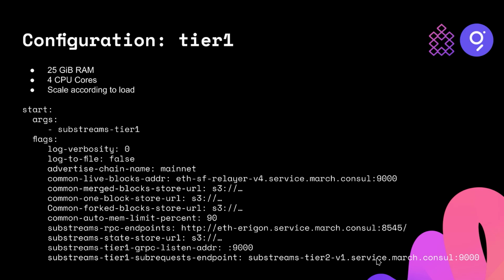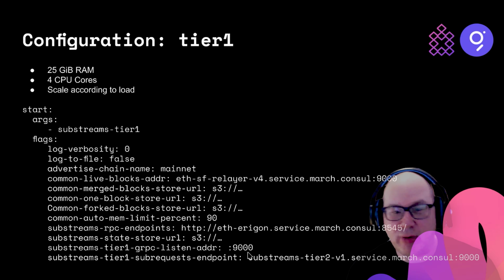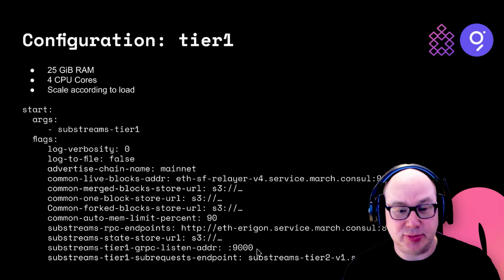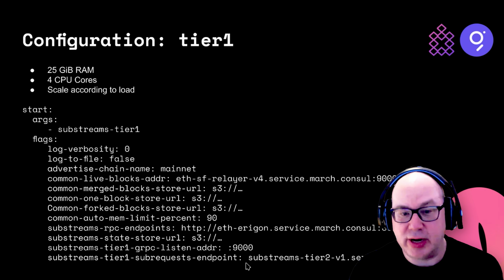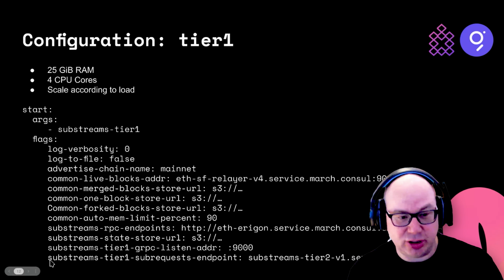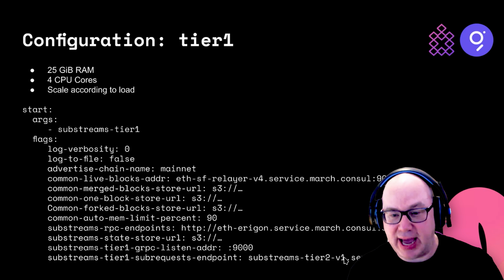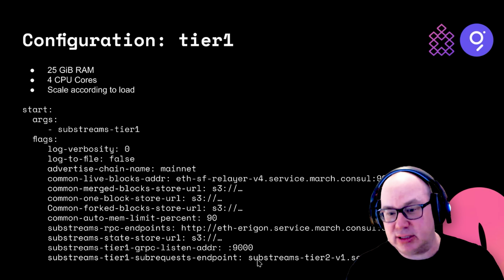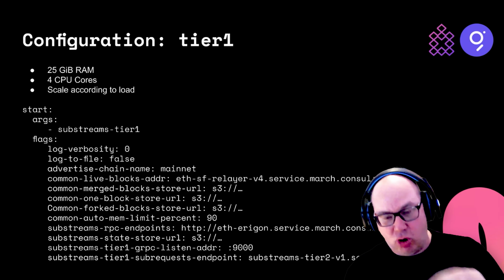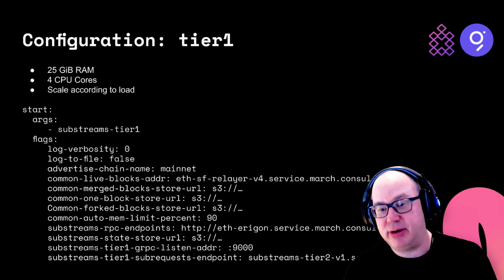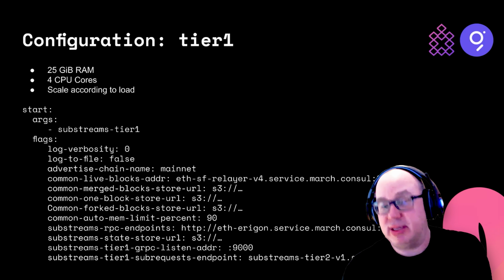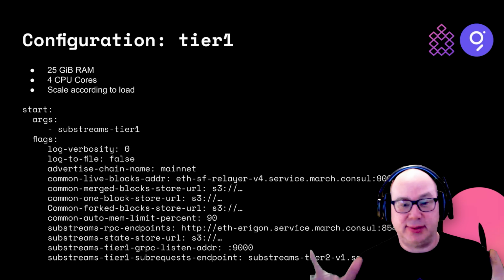So Substreams tier 2 v1 service Consul. So we're always using port 9000. Obviously, you guys don't need to use port 9000. That's just how we have things set up in our environment. So we're always overriding that, but it's not necessary. So just make sure the Substreams tier 1 is pointed at wherever the DNS is for your tier 2. Right, so this Substreams tier 2 DNS entry will only return results for the ones that are healthy. If they're not healthy, it does not appear in the answer here. If none of them are healthy, you get no answer, right? Nothing's available.